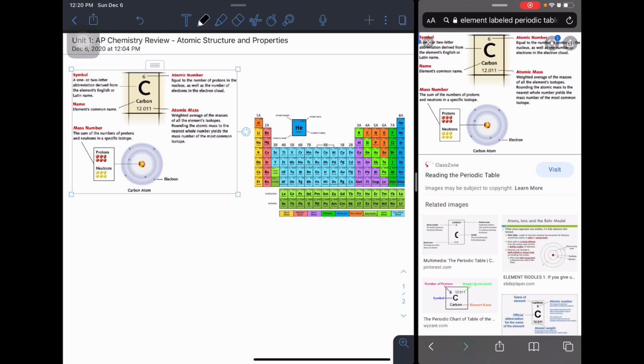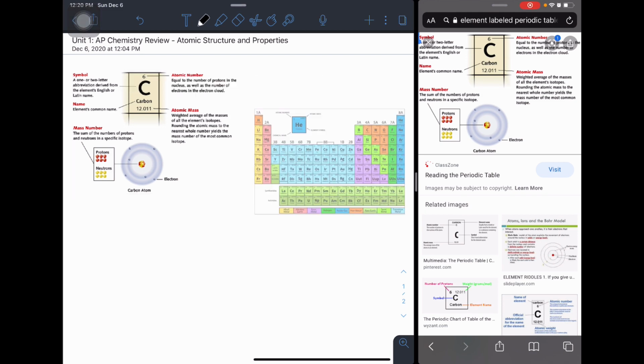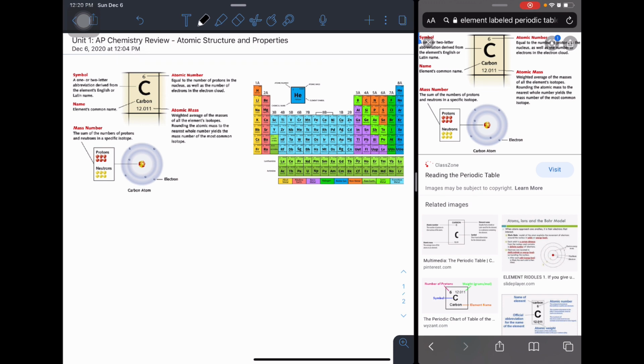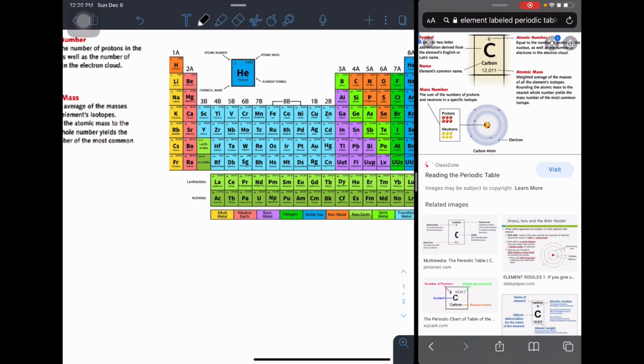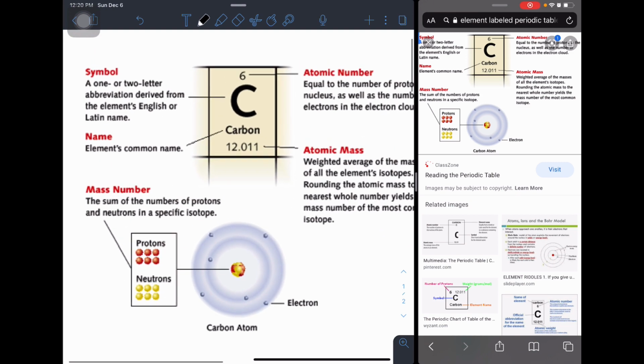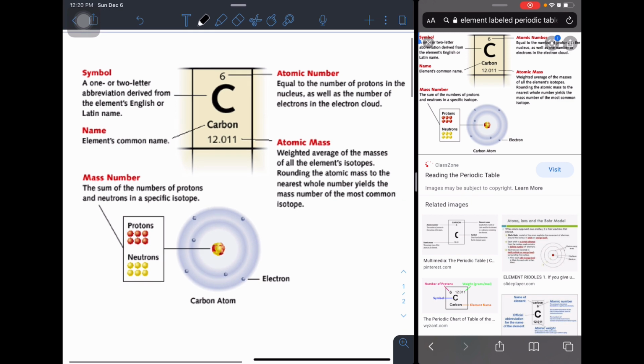What's up, guys? Today we're doing Unit 1 in AP Chemistry, Atomic Structure and Properties, studying for that AP exam in May. So we're going to start off with the periodic table, which you should have a fairly general understanding of by the time you take the AP exam. And what you really need to know, you don't need to memorize all the elements, of course, that would be ridiculous, but what you really need to know is how to read the